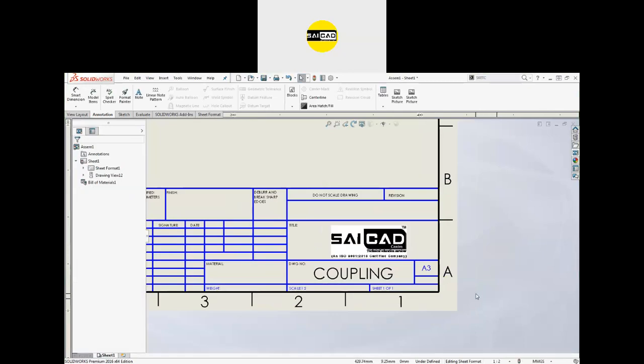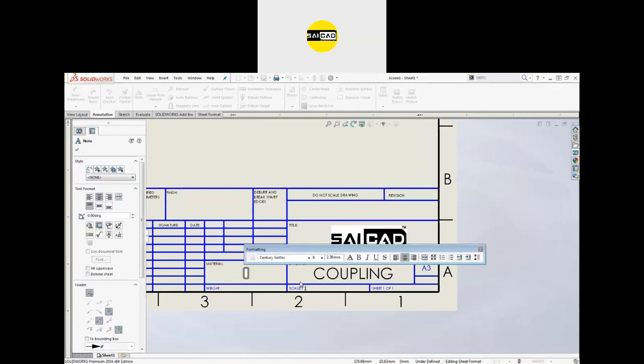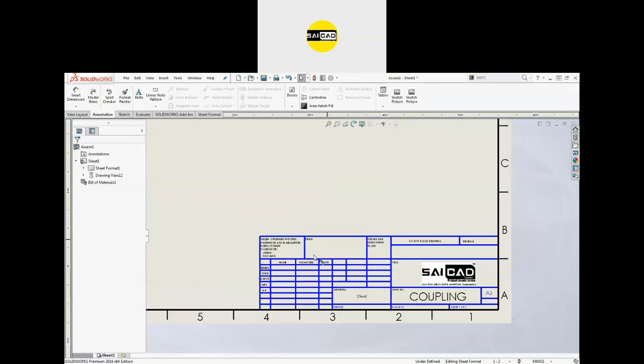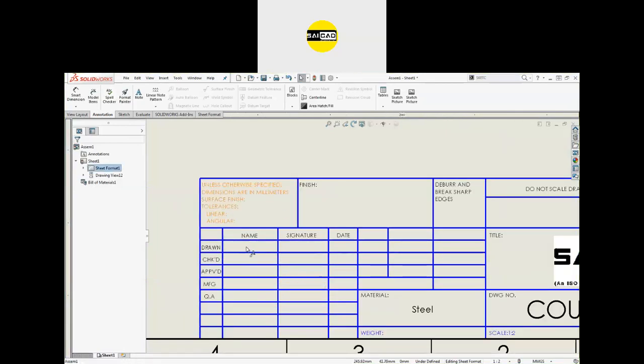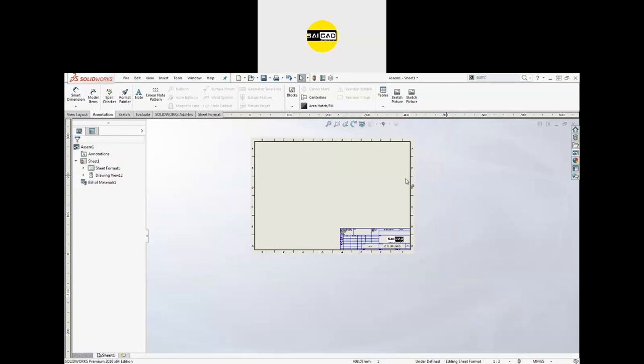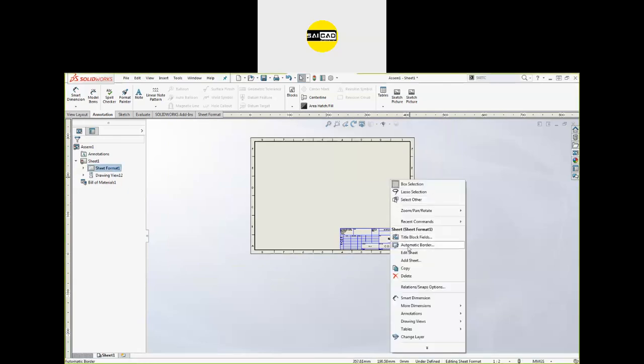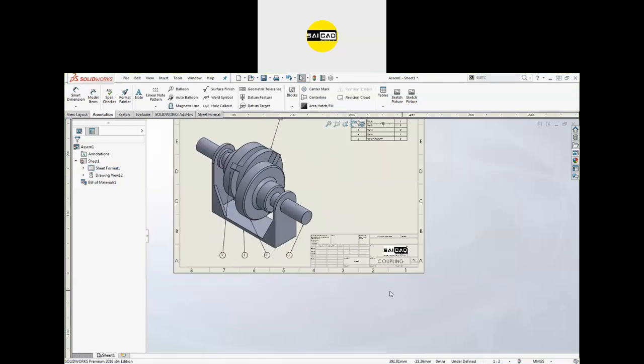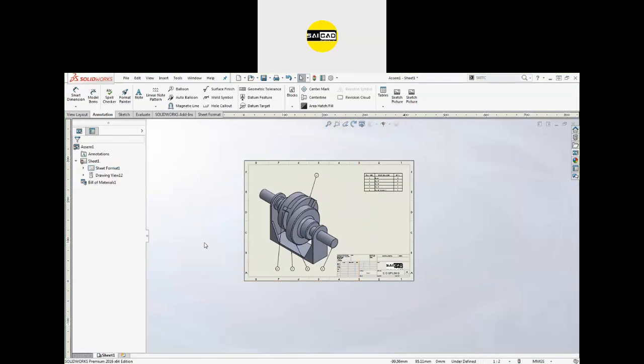Okay, and I want to define the material that we have. Okay, so double click here in the middle, and the material will be like steel, weight can be inserted from the model property. The scale is defined, the sheet is defined, the sheet size is also defined, and enter everything you need. So like that, just go to the right click again, go to the type edit sheet, and you can see we have the logo here. So this is the first drawing that you have to create.